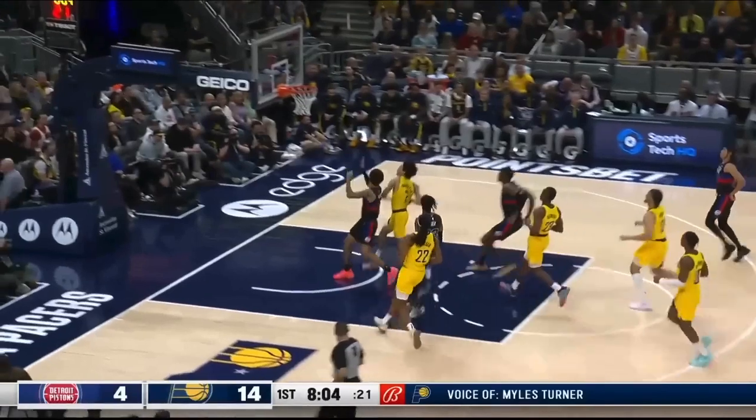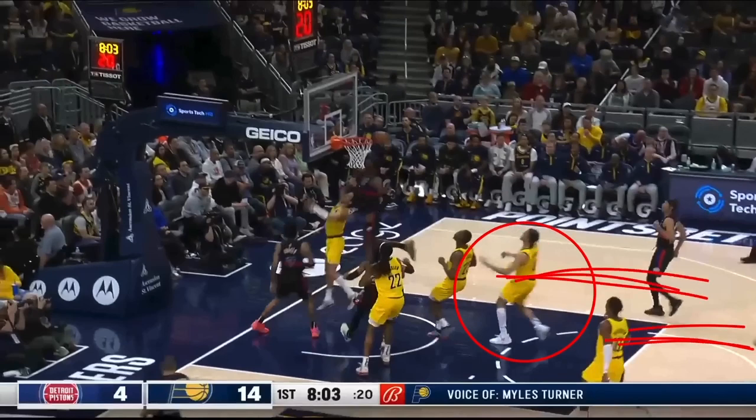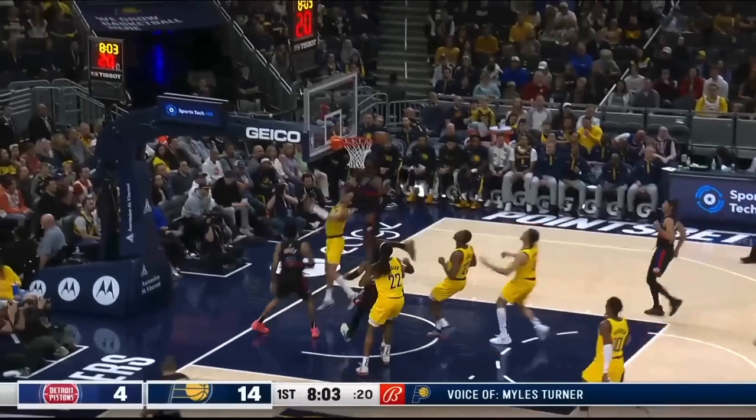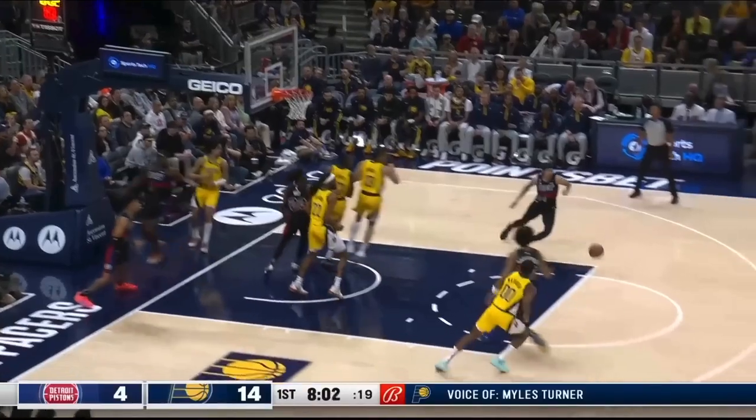So this Pacers player is going up with this shot. Stop. Okay, we have too many people just staring at the shot. This Pacers player certainly should be getting back now. Benedict Mathurin, yes. Again, look at how many people are just looking at the shot. So a block shot occurs, and